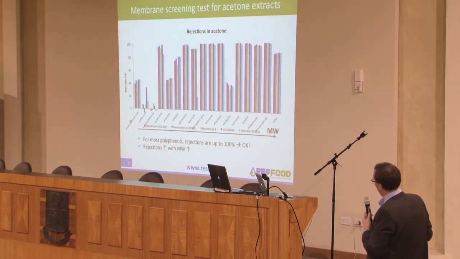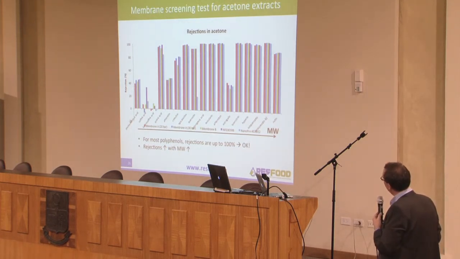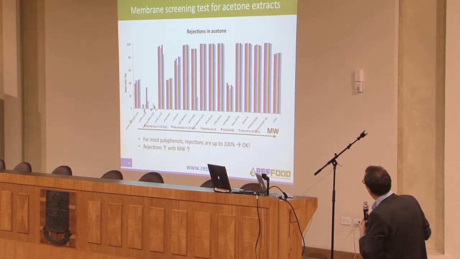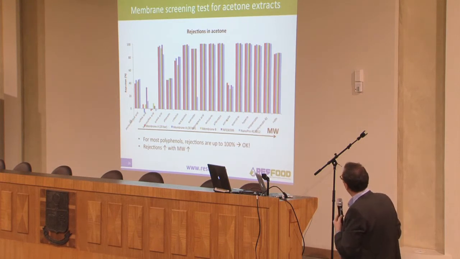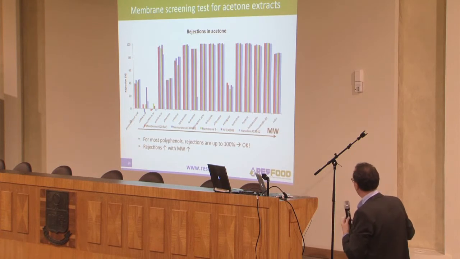We did the same for the acetone extracts. We did some extraction with 65% acetone from our apple bananas. I will not go into detail on the results. We used other membranes. Membrane A is the same membrane A as with ethanol, but we also used other ones, like this nanopro membrane. These are also commercial membranes. The reason we use other membranes is that this is another solvent compared to ethanol, so we have to use other membranes, otherwise the membranes will dissolve.